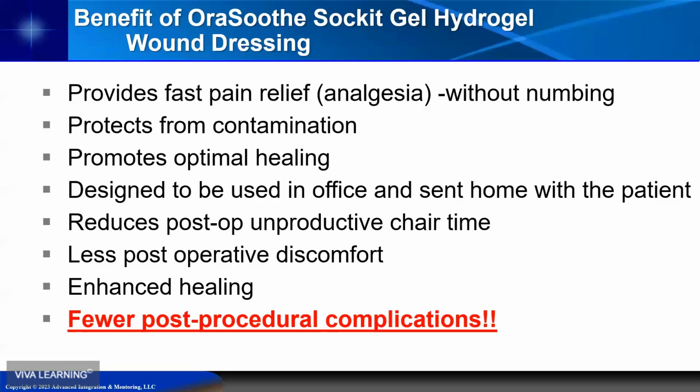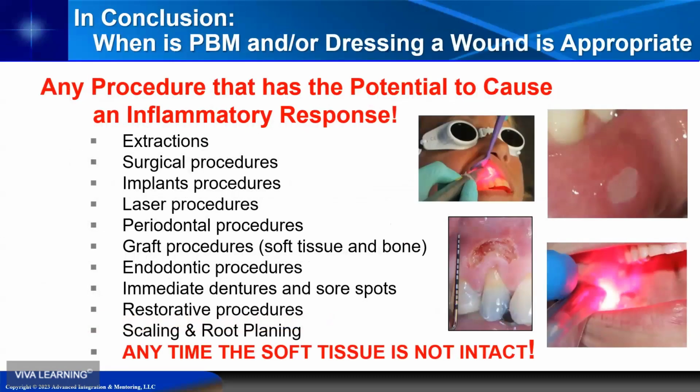Where do we want to apply some of these conditions and treatments with photobiomodulation using a material like this? Anytime there's a cause for an inflammatory response, which means all surgical procedures, whether it's an extraction, a laser procedure, a graft procedure, or an endodontic apical surgery, and restorative procedures where we've had to injure the gingival tissue because of the subgingival nature, and it becomes part of our scaling and root planing scenario, with the idea that because of the way this promotes PDL